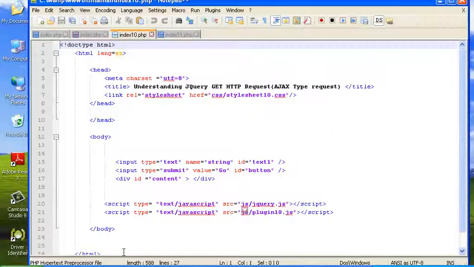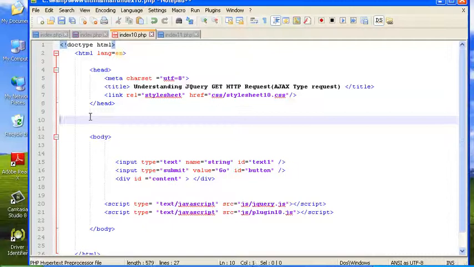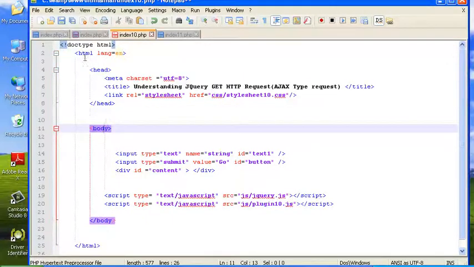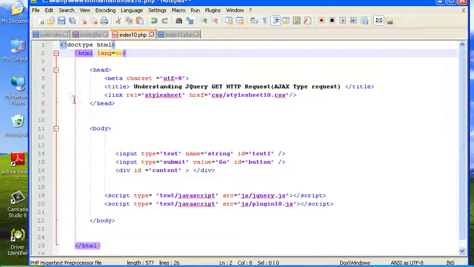It really helps because you have the small vertical lines which neatly signify where certain sections start and certain sections end. For example, I can see that this is my head, so I don't need this extra head tag out there. This is my body, and this is my HTML section which contains a head and a body, and I'm linking to certain JavaScript libraries and a jQuery plugin perhaps here. But that's all for later tutorials.